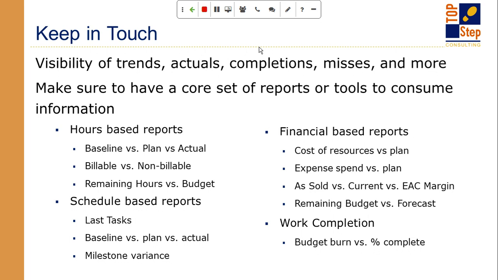So that milestone variance is a good metric as well to understand, based on the phasing of the approach and the gate controls you have in place. Is that something that's realistic for you to meet? So those are hours and schedules, but then there's the whole financial component of it.